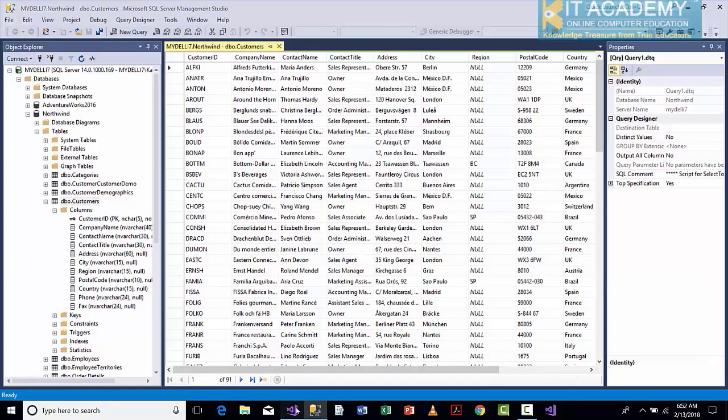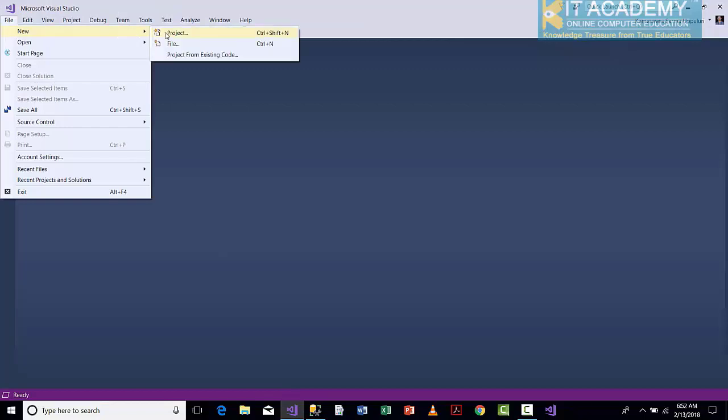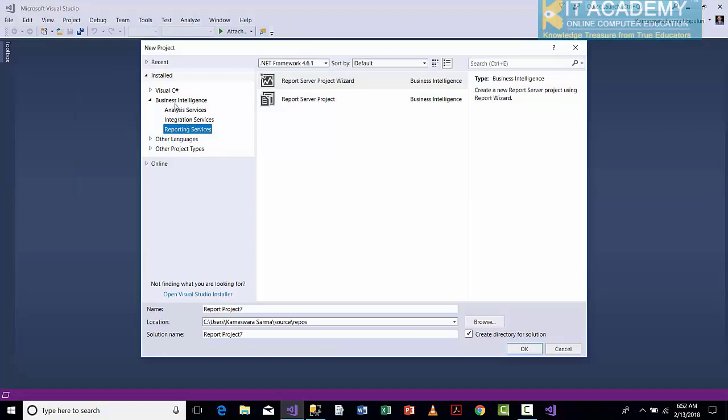For this, let's go back to Visual Studio and create our very first project. I click on File, New Project, and under Business Intelligence, select Reporting Services. You have two options here. You can choose the first option, Report Server Project Wizard, or you may as well select the Report Server Project. I'll show you the differences between these two pretty shortly. Initially, let's go ahead and use the Wizard